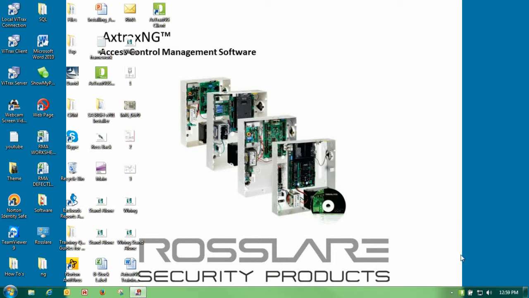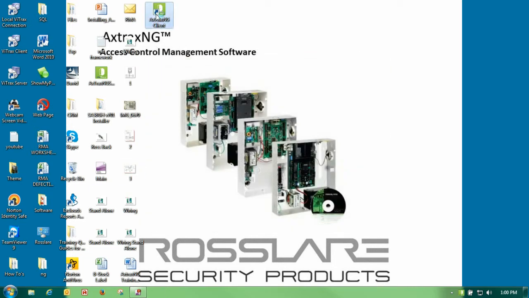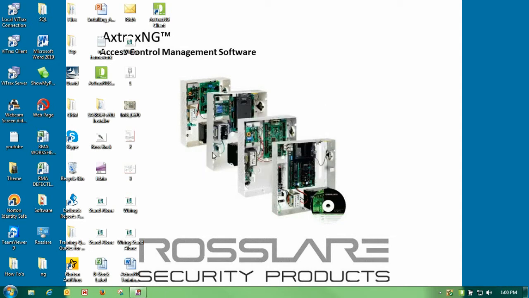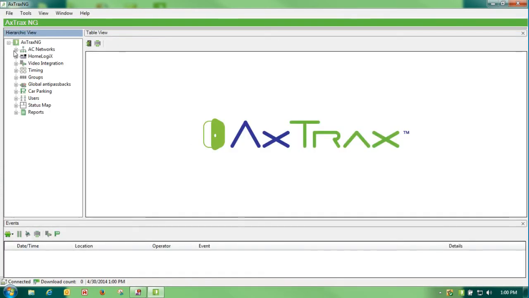After we've restarted our PC, we'll see that our watchdog is again loaded back up. And if we double click on this, we can see that our AxtraxNG has identified our backup database that was in the SQL. We have our networks OK, panels OK, run as service, so we know at this point in time we can double click on our client, put in our password, and we will have all of our networks